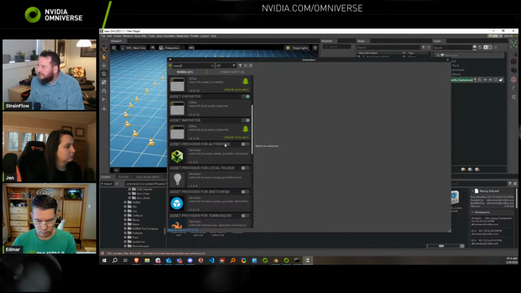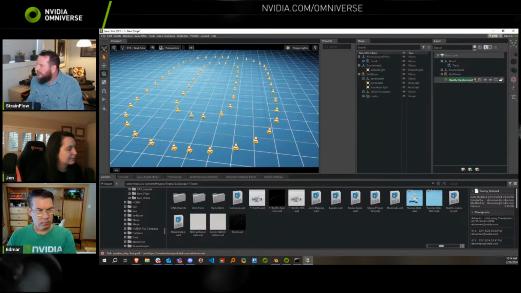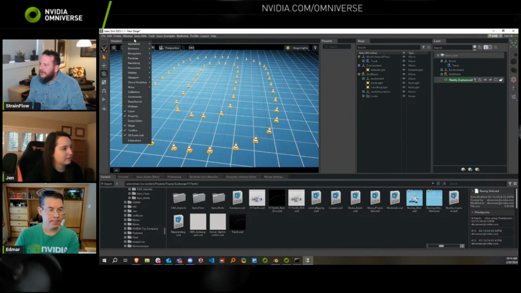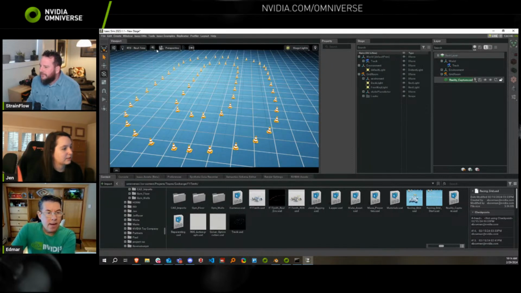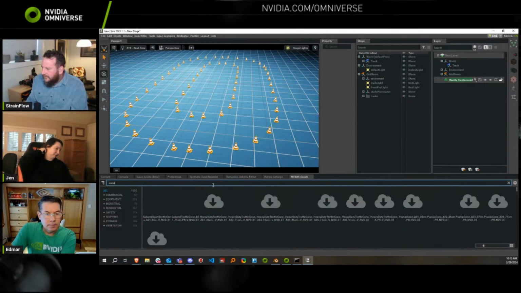Interesting. Asset browser is on. So I wonder if there's like a separate asset browser. The NVIDIA Asset browser versus the Isaac Asset browser. Aha. NVIDIA Assets. Now we can search for cone here.